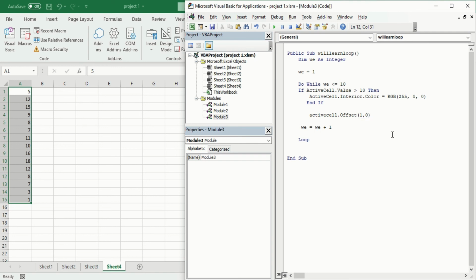Now just put in here after that dot. What do we want to do with that? We want to select that. Now press enter. Now you can see our structure is completed, and this is how you create a loop.